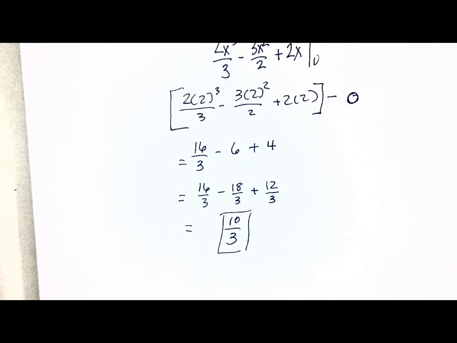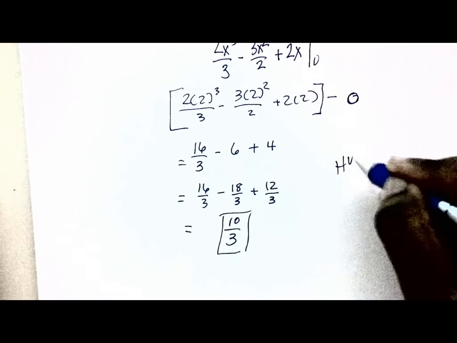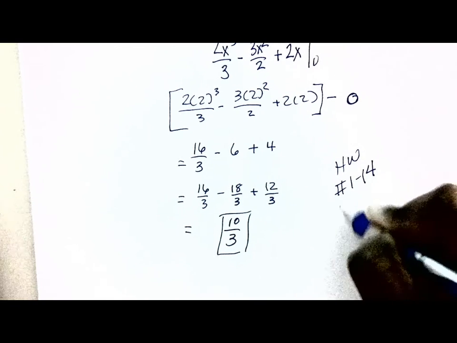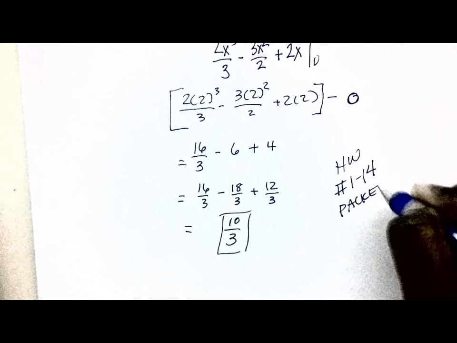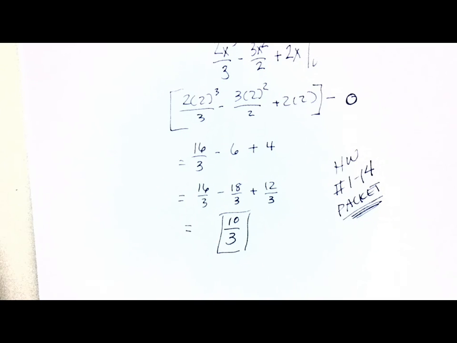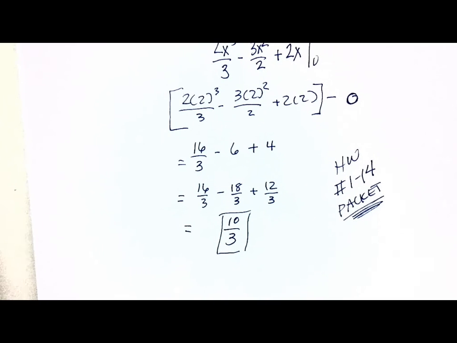Okay, that's it. That's all I got. So your homework is numbers 1 through 14 in the packet. And the back problems are trig. If you need to, you need to review your trig integrals. Okay? The trig works the same way. And so that means you need to know your unit circle for the next test. And that's in 2 weeks from today. Okay? March